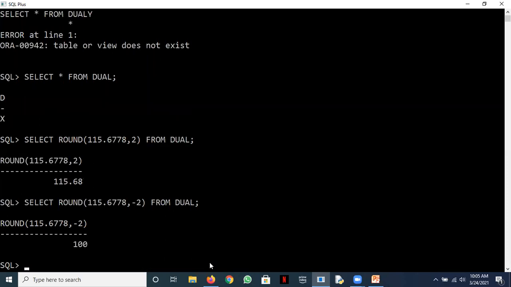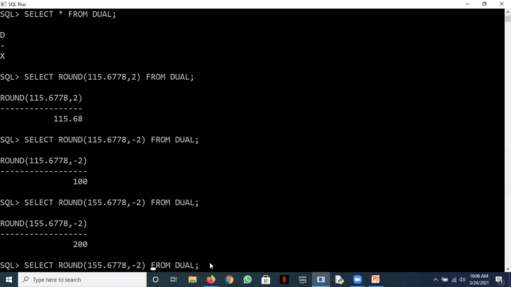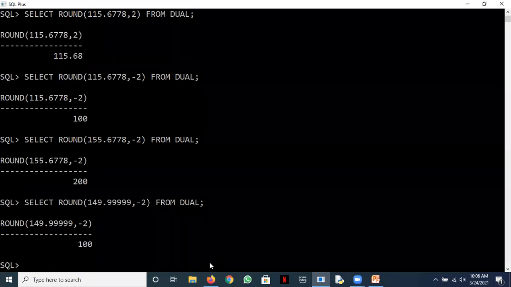We got the output here. Yes, 100. So -2 would mean to the nearest 100. If the value had been 150, the answer would have been 200. If the value is less than 150, the answer would be 100. So if I put 155, the answer is 200. If I put 149.999999, the answer would be 100. It should be 150 or more to move to the next 100.